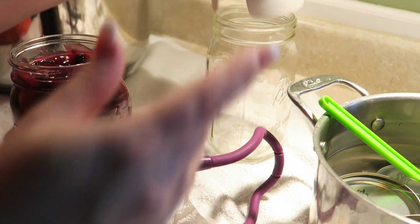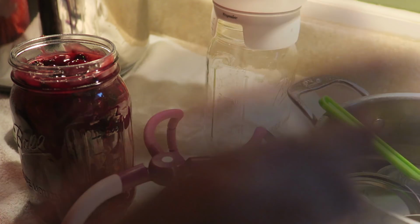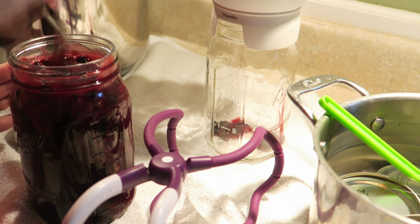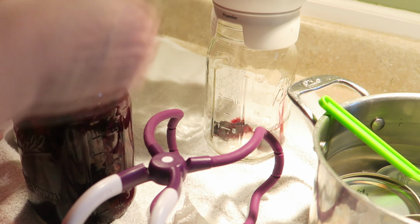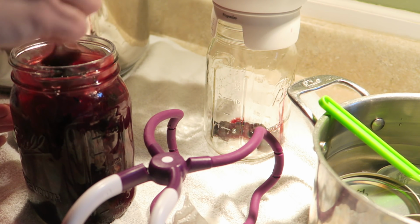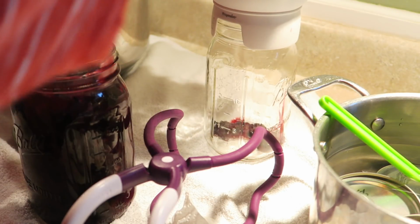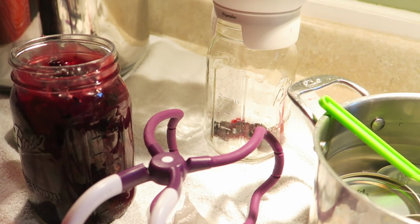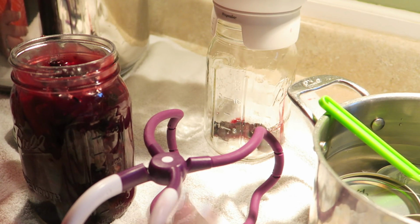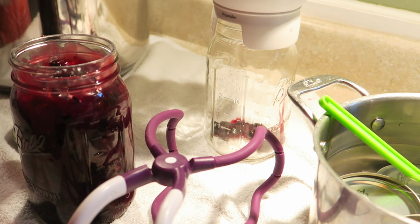And that is probably a little bit more than I want. We're going to go ahead and just scoop it right into the other jar. There we go. That's definitely more like 1.25 inches, I would say. Yeah, just under 1 inch, which is what I'm comfortable with. So, let's clean